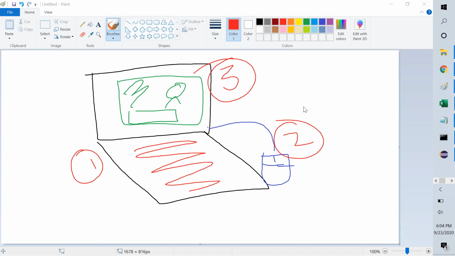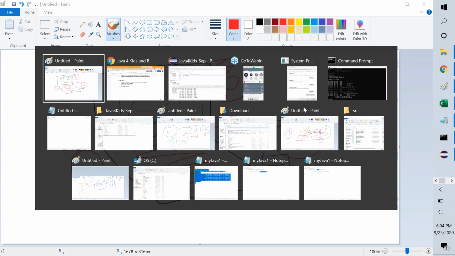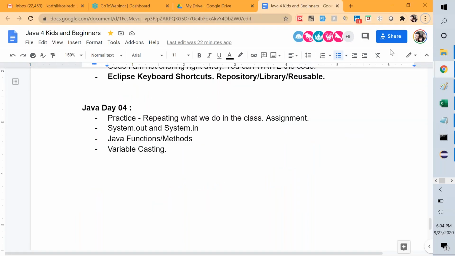Now let us say you put the right email, right password, but instead of clicking on sign in, you clicked on forgot password. Then again you'll get some other page on your UI, on your screen. Why? Because you used your mouse to control it. Understood? So some of the simplest input devices for us